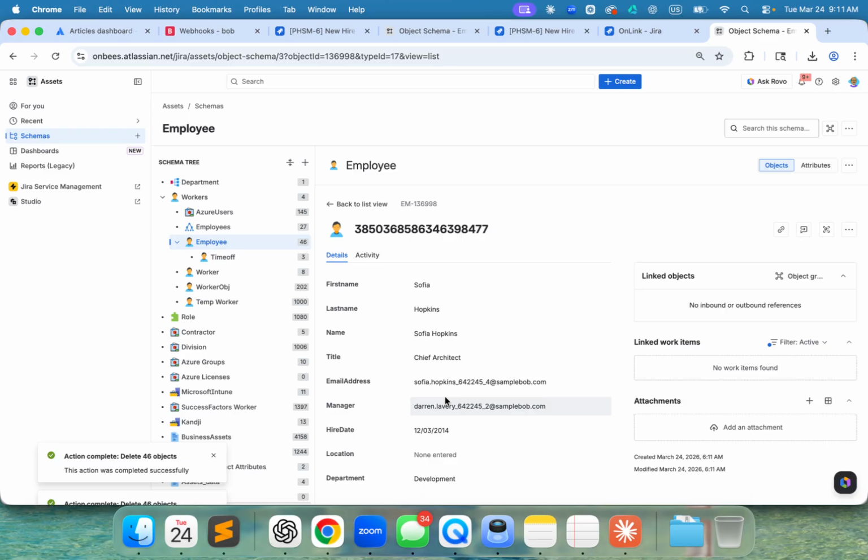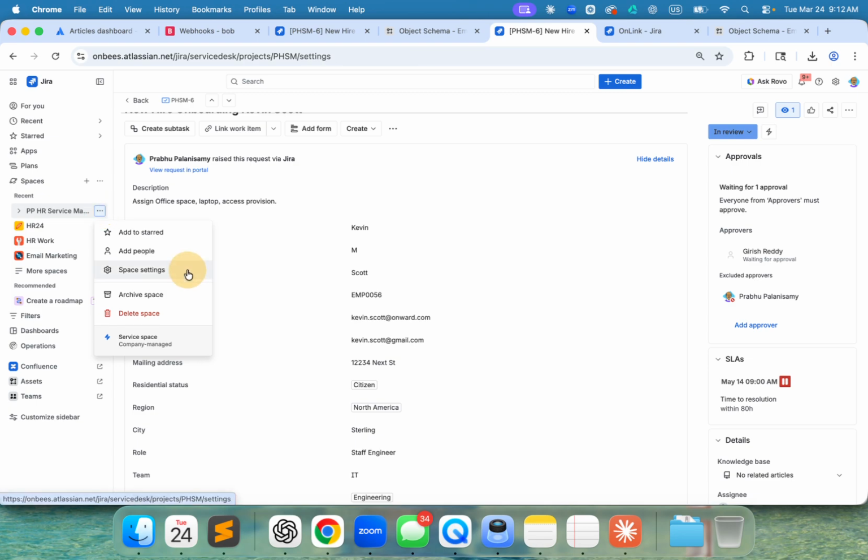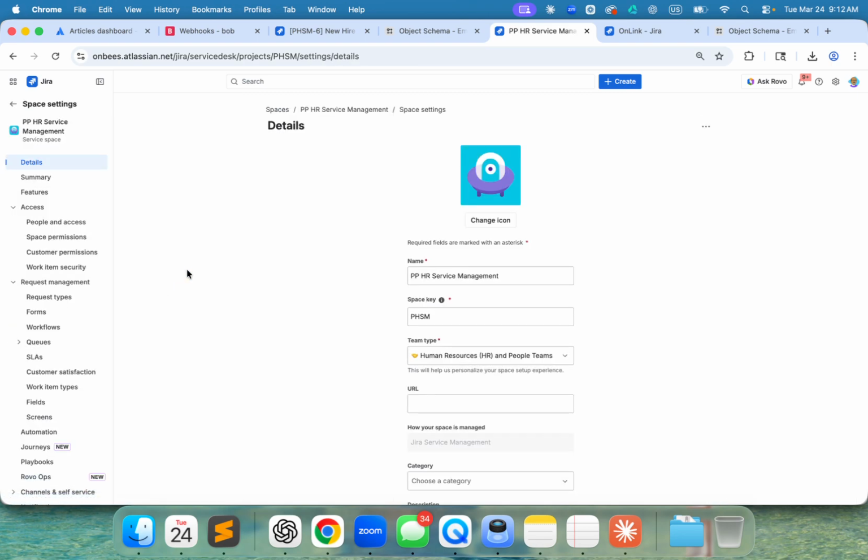Now I will move on to the third design pattern, where from my ticket I want to push to HiBob. So these could be employee updates like emails, roles, group changes, etc., where the integration data flow is from JSM to HiBob. The way we support this is to use the post function feature in the workflow. So in a given workflow,